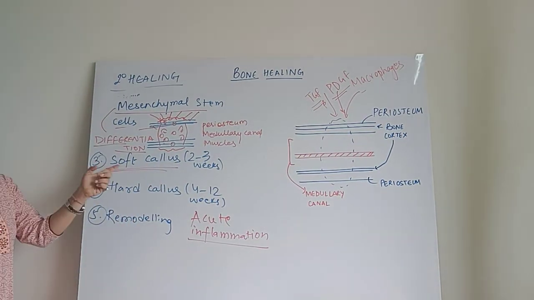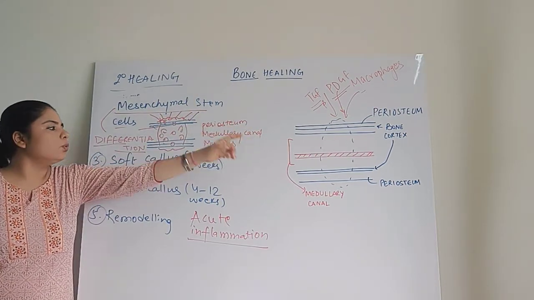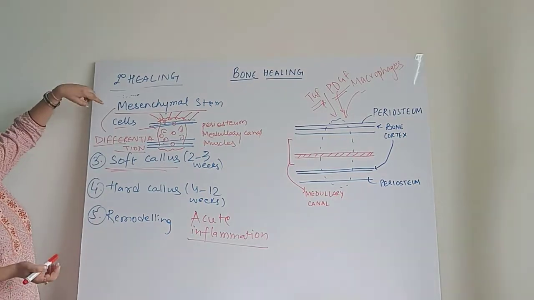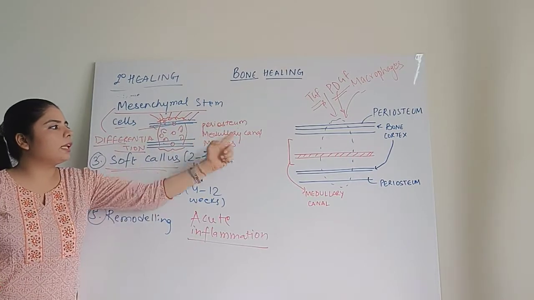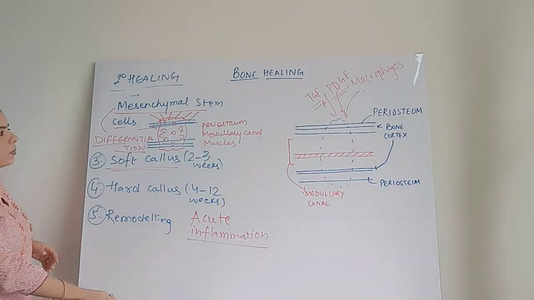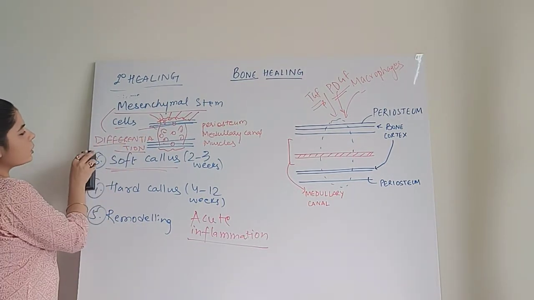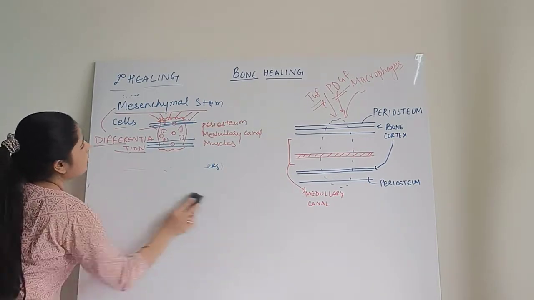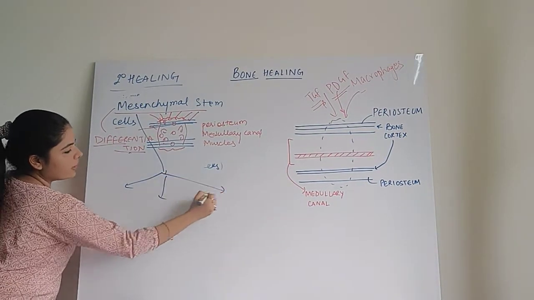In the soft callus formation, the site which is damaged, which was now inflamed, has led to the formation of a new bone. So how is a new bone being formed? The mesenchymal stem cells accumulate from the surrounding periosteum, medullary canal and muscles, and the soft callus formation begins. How does the soft callus formation begin? The mesenchymal stem cells differentiate into what? I'm clearing this off so it will become easier. The mesenchymal stem cells differentiate into three different cells: